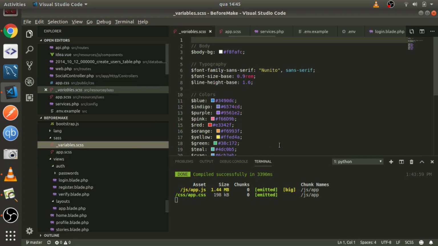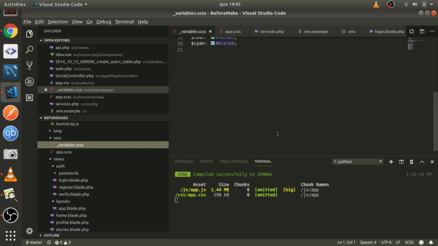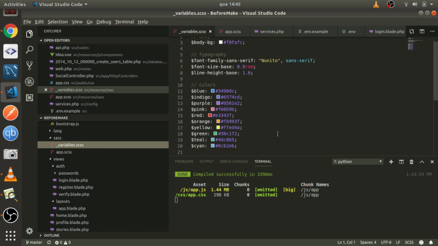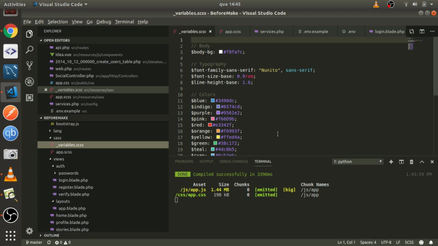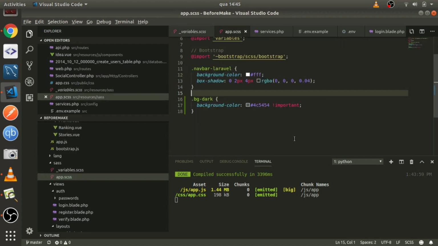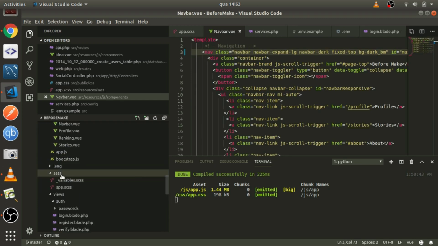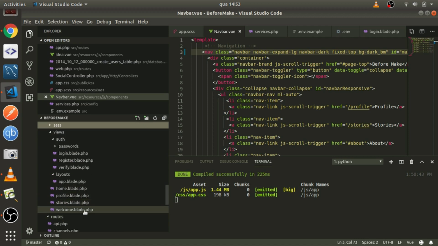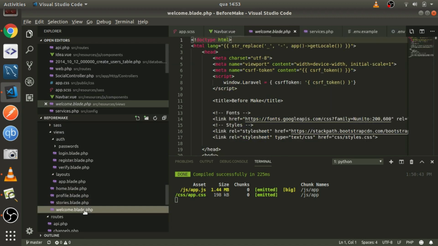Okay, you also have these variables to create your palette colors. They are really useful because in your CSS you just call blue, white, the colors you want, and if you someday want to change the template colors, you just go there and change it. It's really helpful. I will not use it. Go directly to my